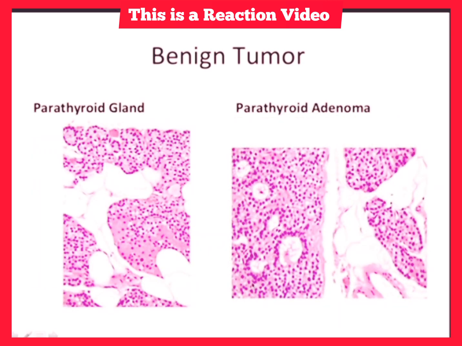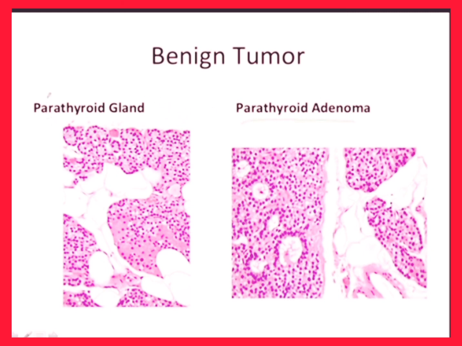This is an example of the parathyroid gland, a parathyroid adenoma on the right here. I mean, these two almost look like identical snapshots of one another. All right, but one of the big differences that you see here, remember, what do these white ping pong ball looking cells look like? Remember, those are adipocytes. Those are fat cells. All right, and one of the things that you'll notice here is that with these parathyroid adenomas, there's typically less fat in the spaces or areas of the parathyroid glands,